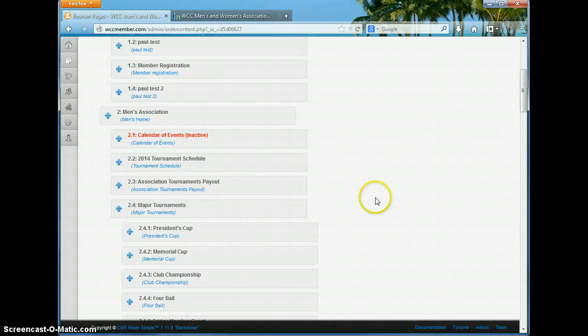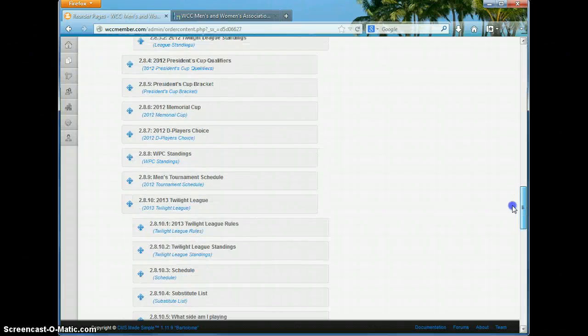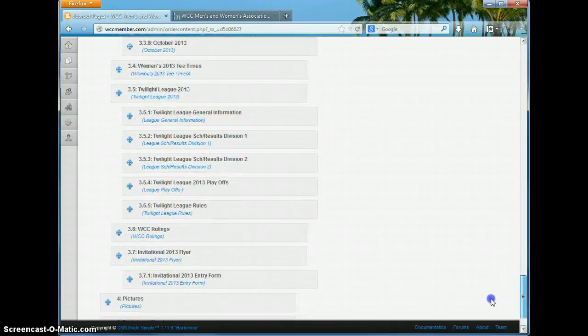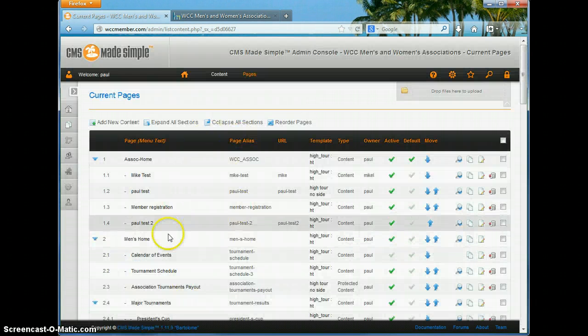Once I've got these things in the position that I want, and it's going to highlight, I think, the page that was selected, I scroll down to the bottom of the list, and at the bottom of the list we can go ahead and submit that as a change, or we can cancel it, or we can get it to order back to the way they were before we started. So if I go ahead and submit that now, it's going to update the page listings such that